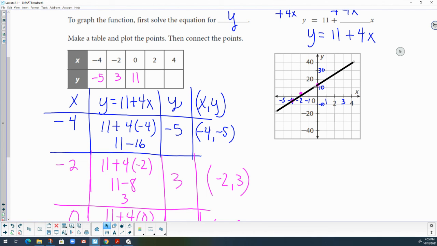Since this graph is kind of funky, it doesn't look right, like that one point doesn't look like it's falling correctly on the line. It's just because the graph is in units of 5. So if you went ahead and did the rest of the math, this one would be 19 and this one here would be 27. And so you would just plot the